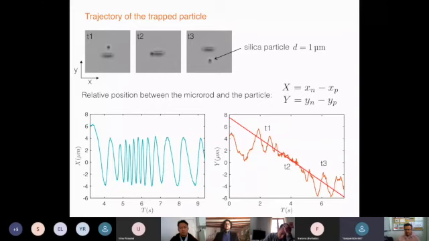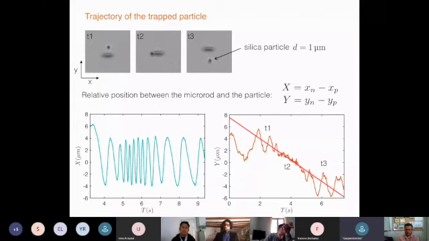So you see that the trapped particle oscillates as we have seen in the video. The second figure is the y position, the y coordinate, which is the coordinate perpendicular to the direction of propagation of the microrod. And you see that indeed the particle